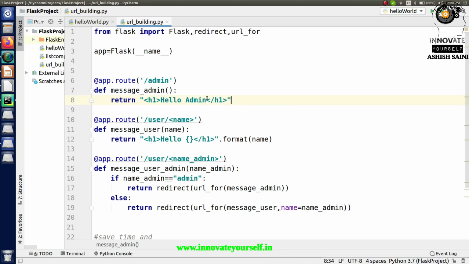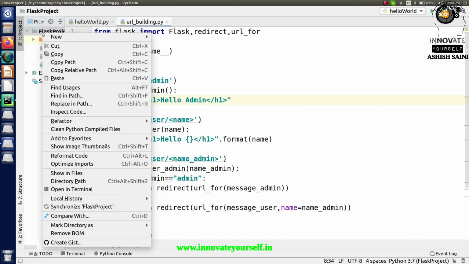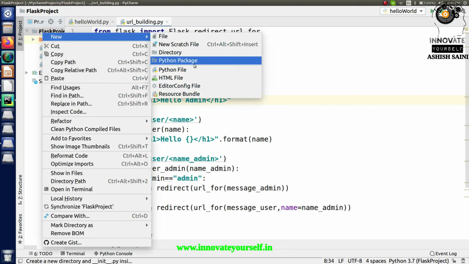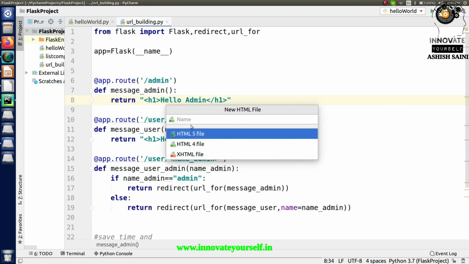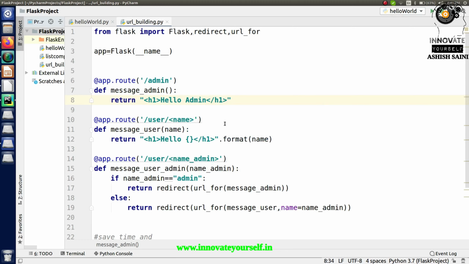So for that, let's create one very simple, just give it a name. We have to create a very simple HTML file, and for now I'm going to create an HTML5 file. I simply have to give it a name. Let's say this is index, and by default the extension is .html, so you can enter that as well.